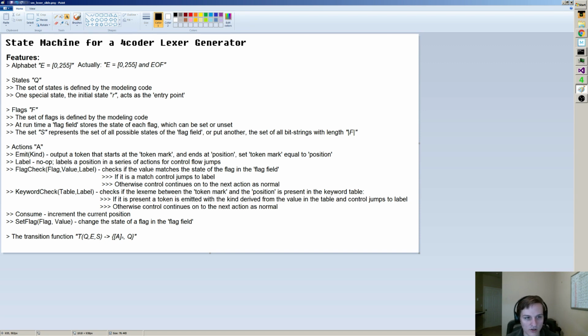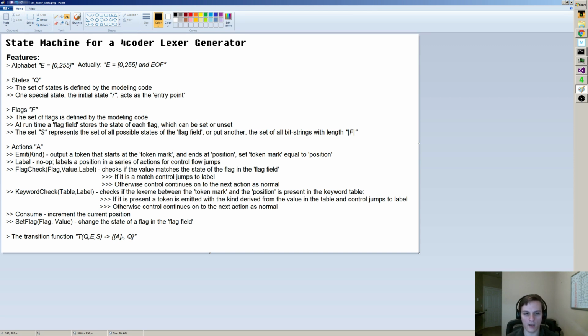So in addition to the flags, the state machine system also has what I call actions. Now, actions are basically things that do not directly involve the lowest level part of the state machine, which is the idea that it's in a particular state, it reads an input, and then it transitions to a different state, right? Based on what it read. Well, before it does that transition, but after it does that read, it can do some other actions first, and those other actions are things that don't